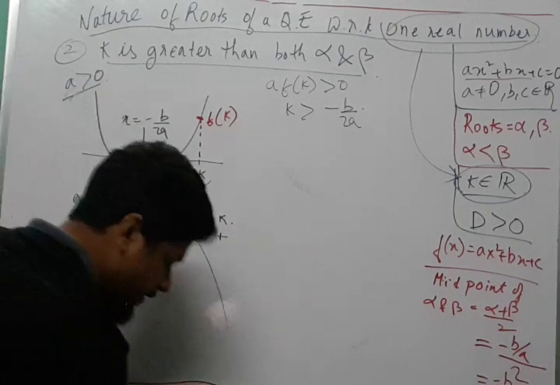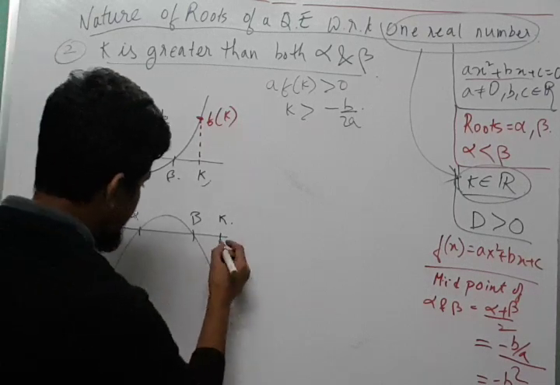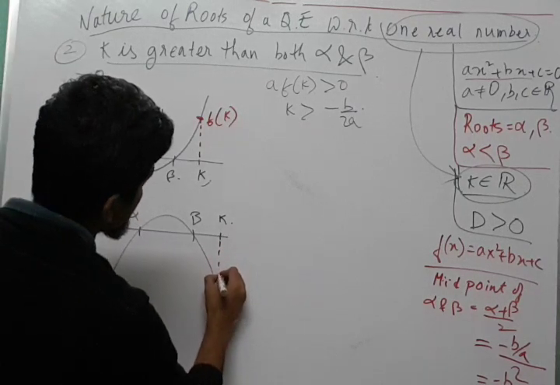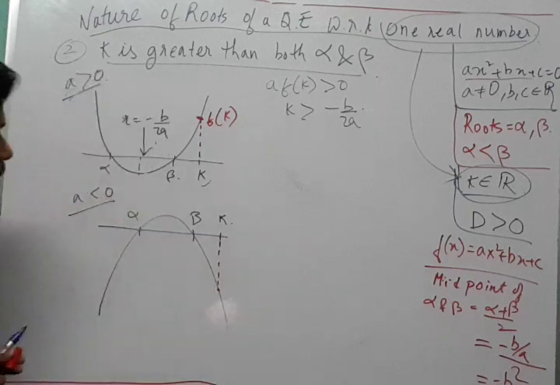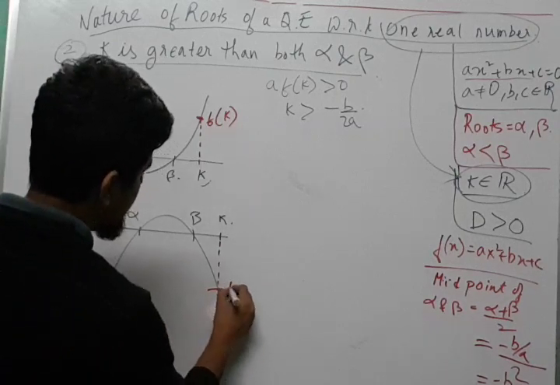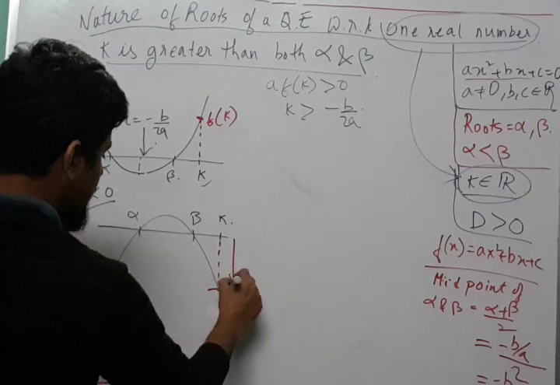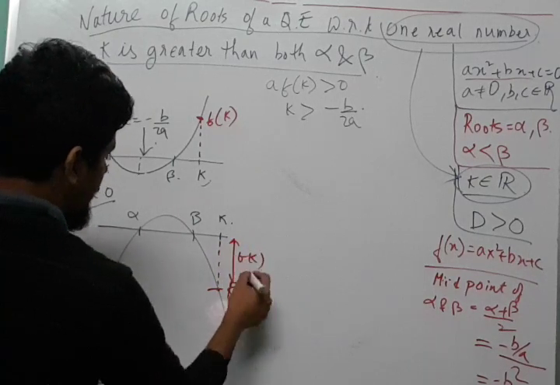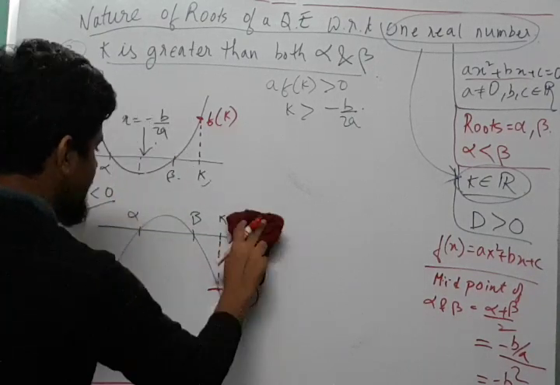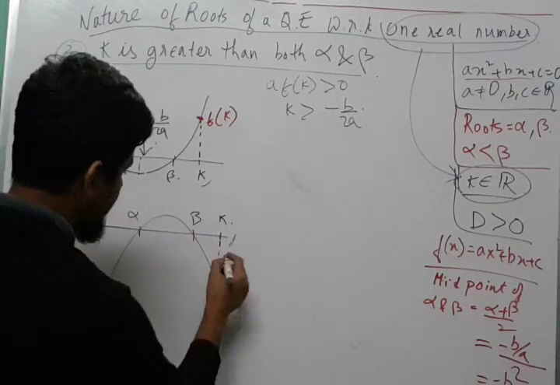Now similarly, if we draw the vertical from k downwards, this will be the point at which that vertical line will intersect the quadratic graph. So this point is basically f(k), not this point, rather this distance is basically f(k). If I have mentioned it as the point in the earlier videos, it's not a point, but basically this intercept